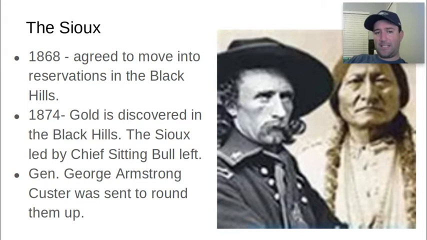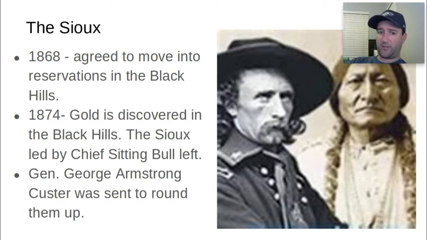But in 1868, they had agreed to move into the reservations in the Black Hills, South Dakota. The Black Hills, if you're not familiar with that, is the place where Mount Rushmore was built. But it was not built until after the Lakota people and the Sioux were taken off those lands or pushed off those lands. The reason why it doesn't work out in the long run as a reservation is because in 1874